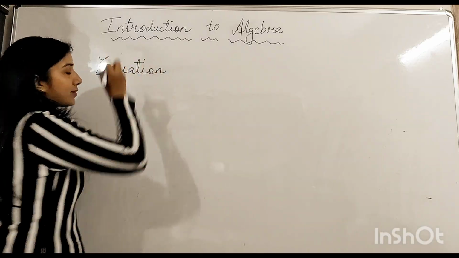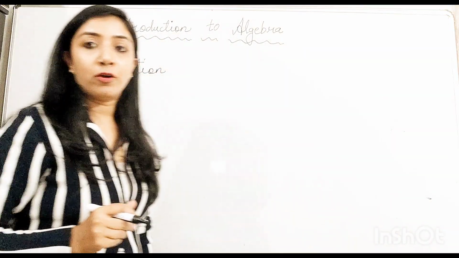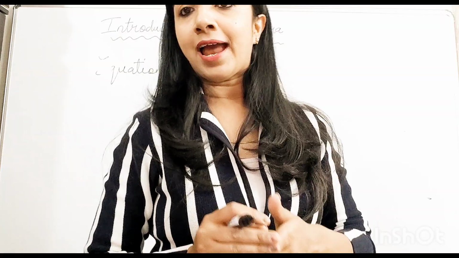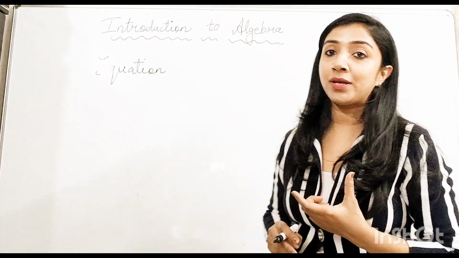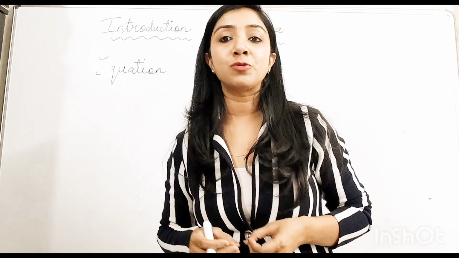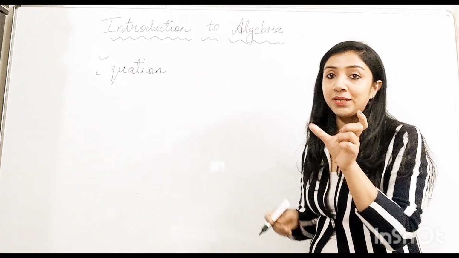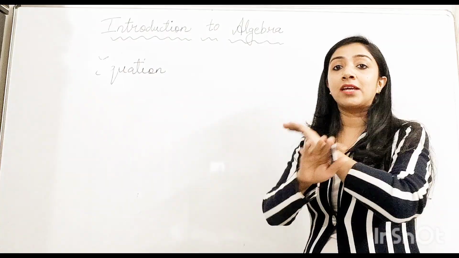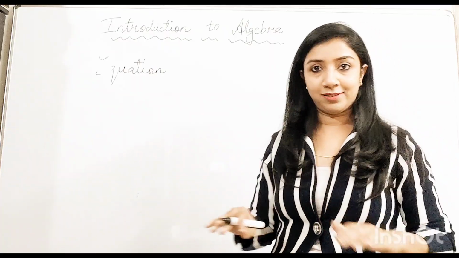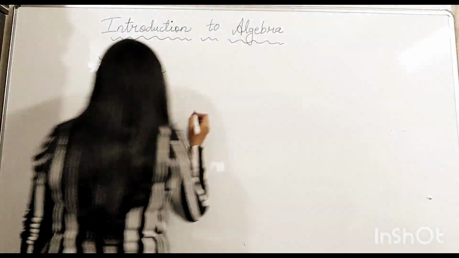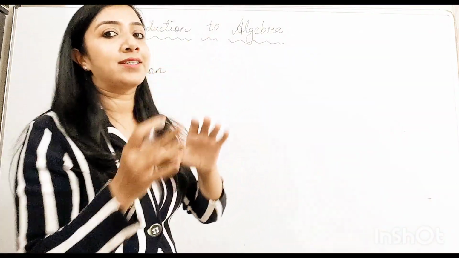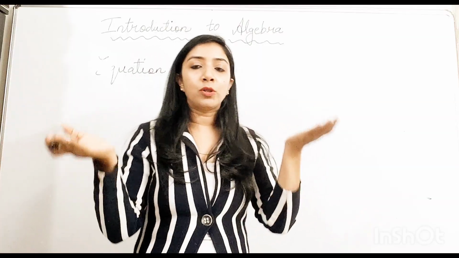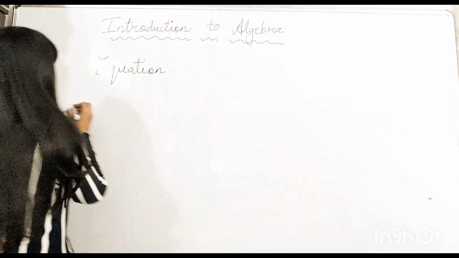Now children, what do you understand by the equation? I've already told you the difference between expression and equation. An equation is a mathematical statement which includes an equals to sign. That means the equals to sign will be there in an equation and the equals to sign will not be there in an expression. Okay, so I'm going to give you a lot of examples. It shows your left hand side is always equivalent to right hand side. That means both sides should be equal, which we are going to see here.